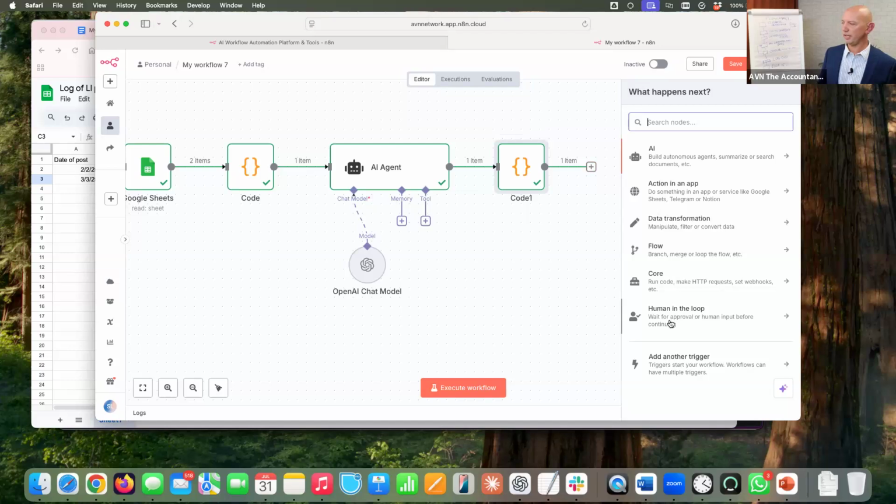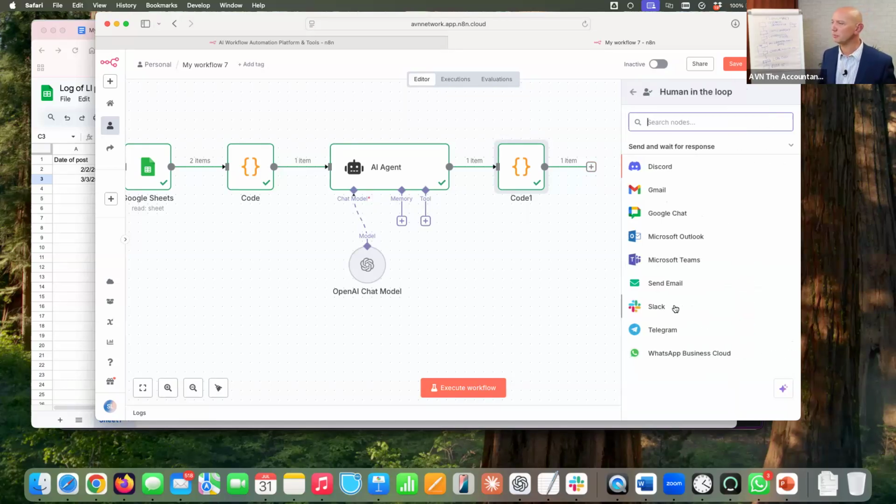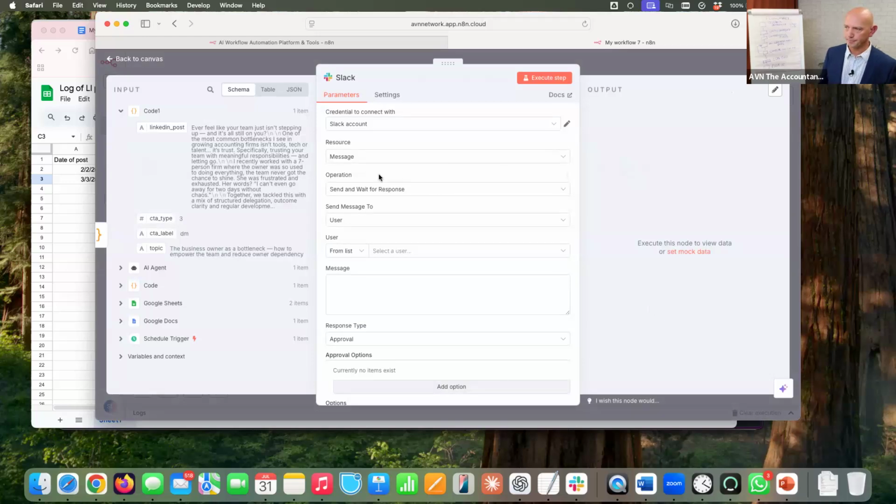So if on here, we can see human in the loop. If I click human in the loop, I can get it to email me either through my Microsoft account, my Gmail account, or any, it'll allow me just to configure it. It can send it to me on WhatsApp, Telegram, whatever. I'm just going to use Slack for now, but you can use any, and it'll just send you an email and say, are you happy with this? So if I select Slack,